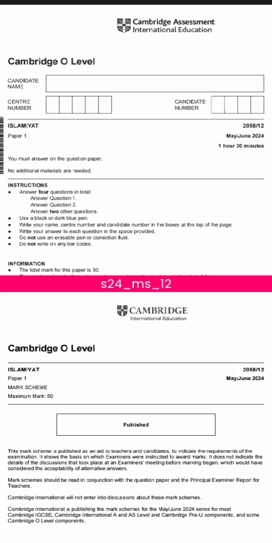Everyone, today I'm going to tell you how to crack A star in Islamiat O-level exam. These are the things that no teacher will tell you, but they are always kept in account by the examiner. These are the secret tips that will make the Islamiat paper easier for you.